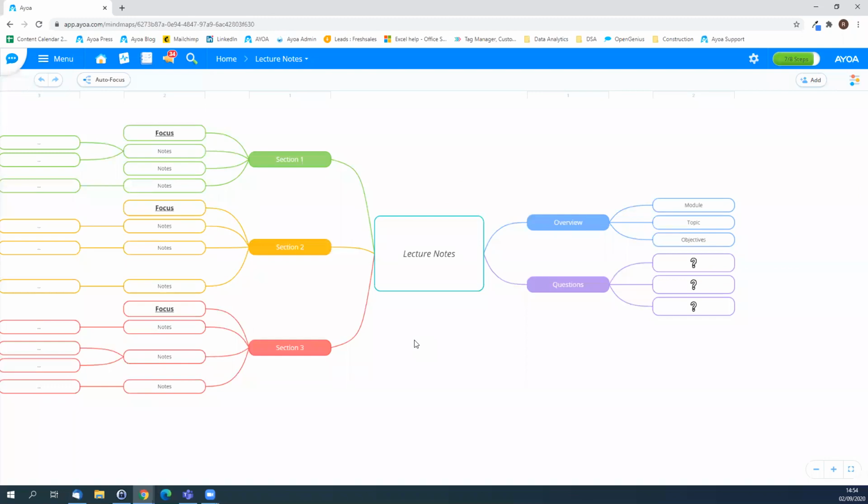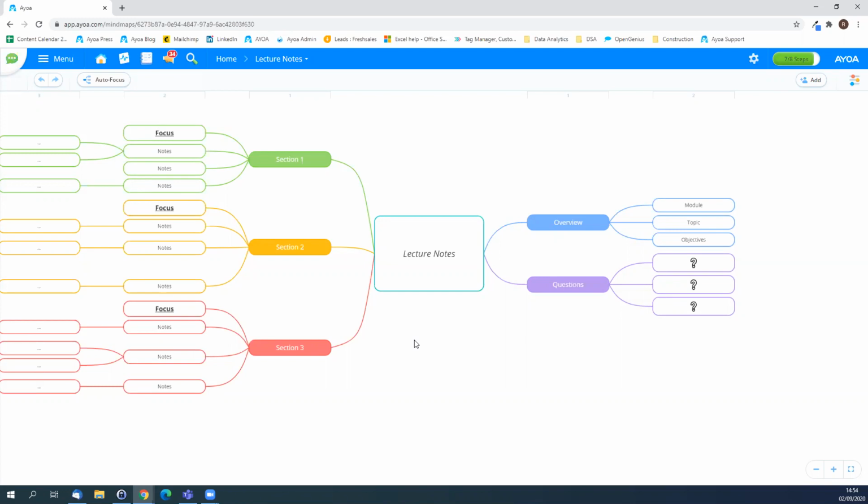that thanks to mind mapping's visual nature, it means that everything is clearer to review later after they've written up their notes in Ayoa. And also, when in the moment of writing them up, they can do so really quickly due to Ayoa Speed Keys. I haven't shown you these until now, the Ayoa Speed Keys, because they are so good for getting notes down